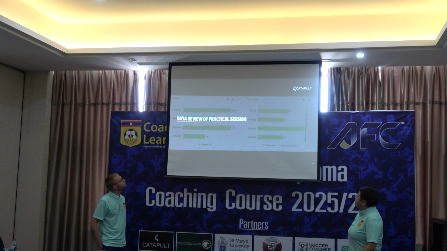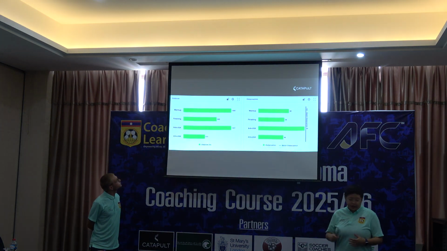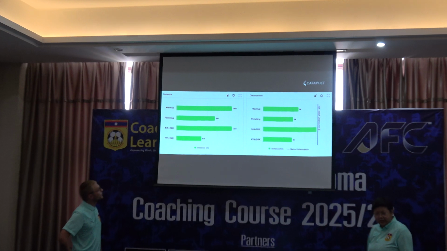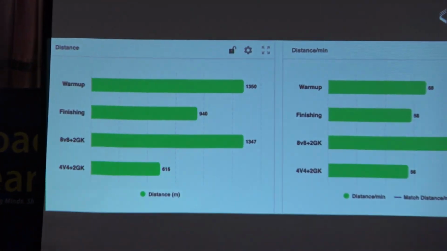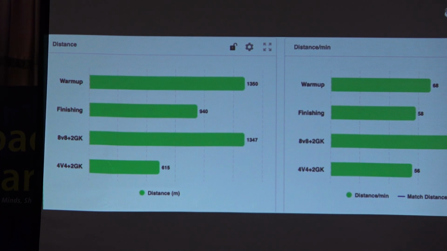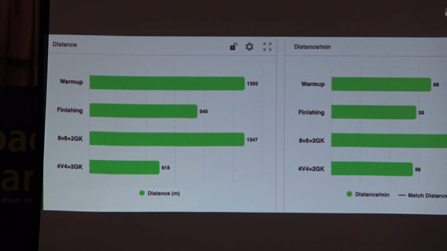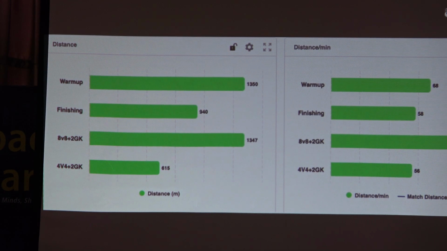So first we'll quickly look at the Magnus demo sessions first. So just a brief review of what we talked about yesterday. For the types of load, we have volume, which is how much we have done, and we also have intensity, which is the per minute